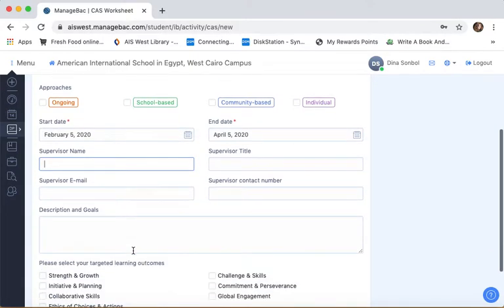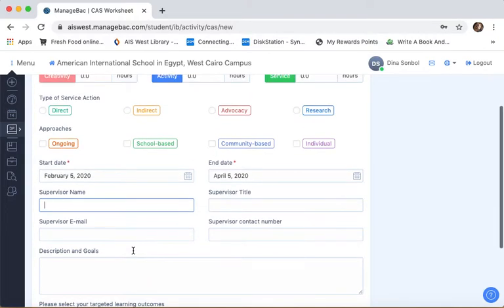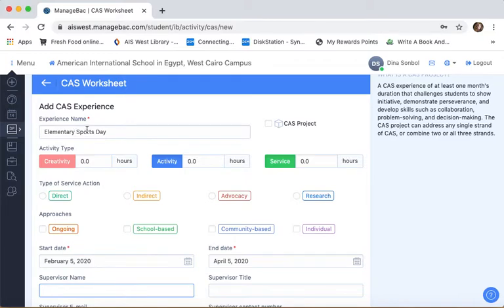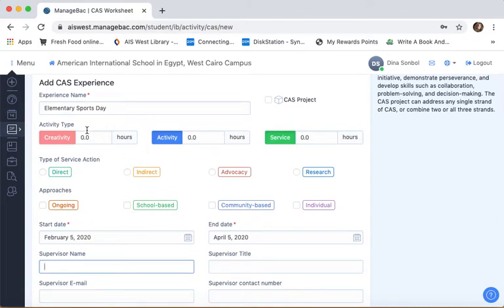The supervisor is the person who is actually monitoring your progress. So for instance, if I put elementary sports day, then the person who will confirm that you did the hours would have been the elementary sports teachers, the PE teachers, for instance. If you did, let's say, a bake sale at school, then maybe it was the teacher who was on lunch supervision that can